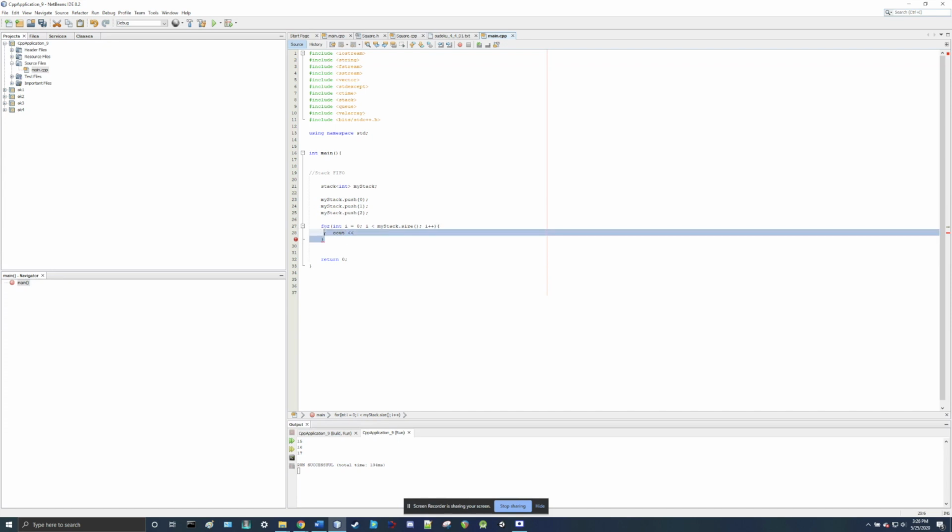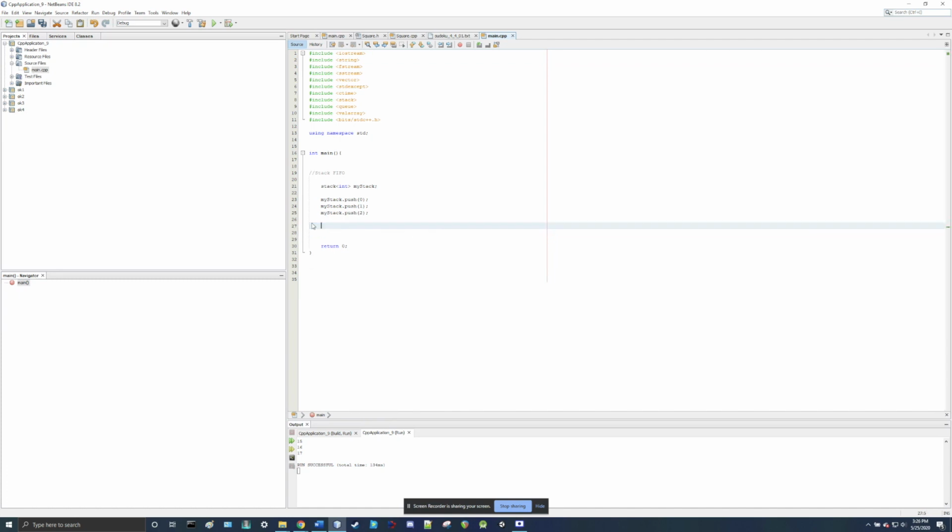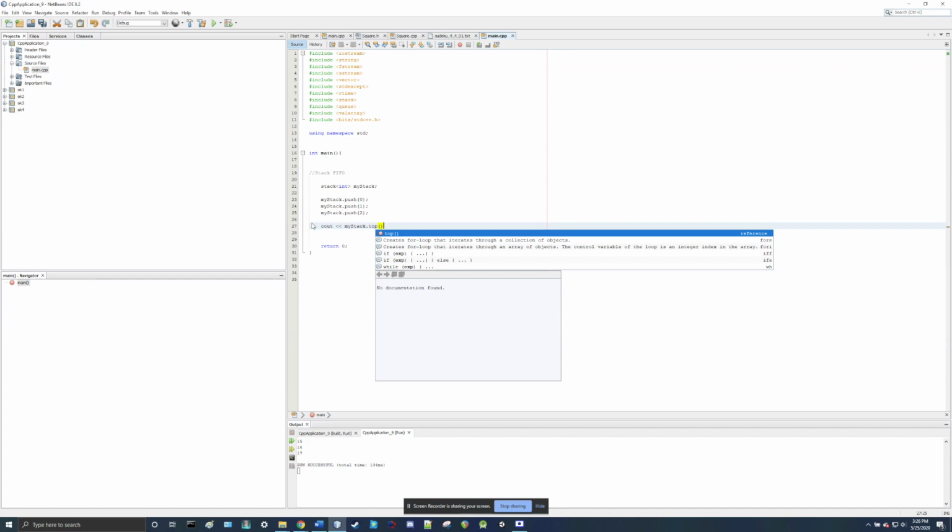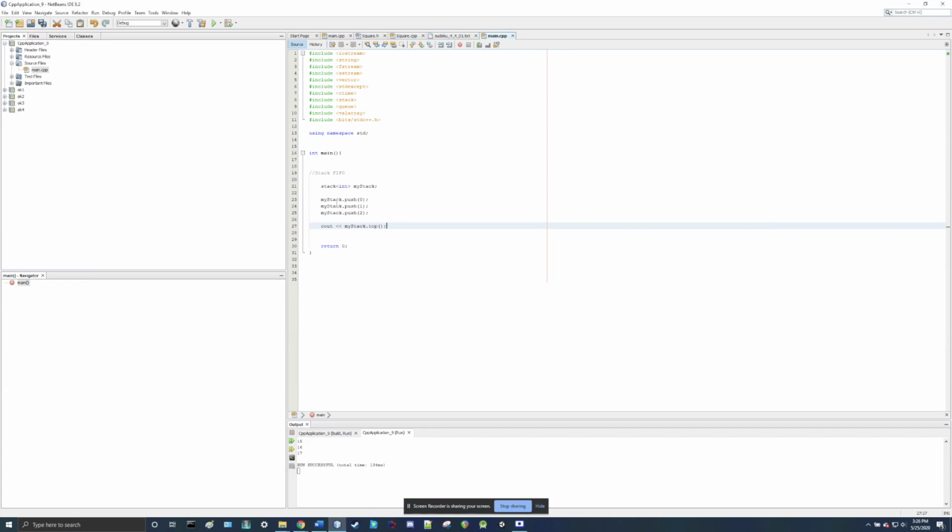Actually, let's just do this. Cout my stack dot top to give us the top value, which in a stack is similar to those trays you get at a restaurant. So it's the first in and first out. So you're stacking the